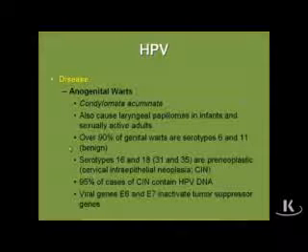A couple of other things you need to think about with the genital warts is you can also get the formation of laryngeal warts or laryngeal papillomas. Here's an example. You have an infant that's born to a mother who's HPV positive. As the infant travels through the birth canal, they aspirate the virus and they can develop laryngeal warts that may be obstructive and have to be surgically removed. You can also find laryngeal papillomas in sexually active adults, and again, they can be obstructive and may require surgery